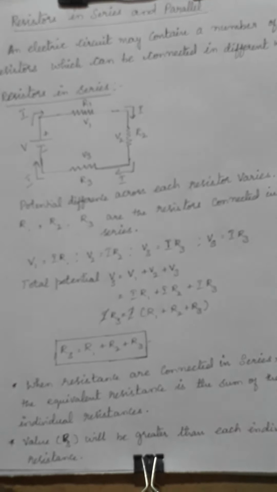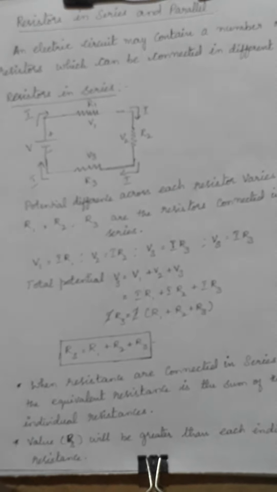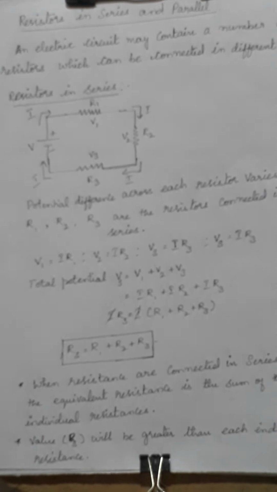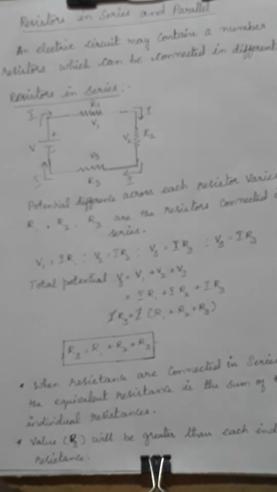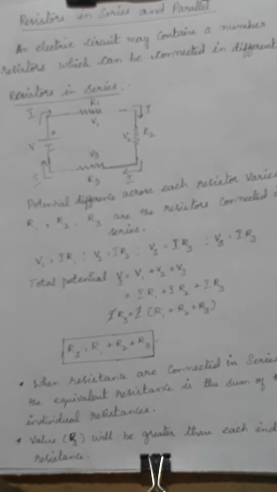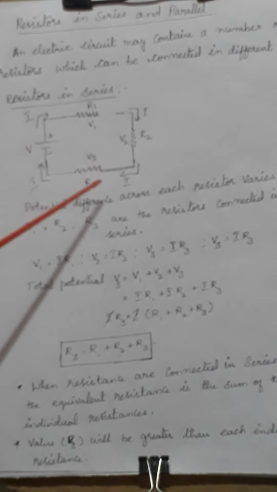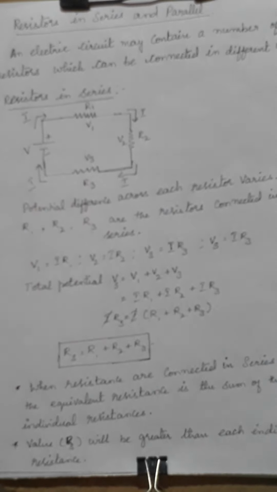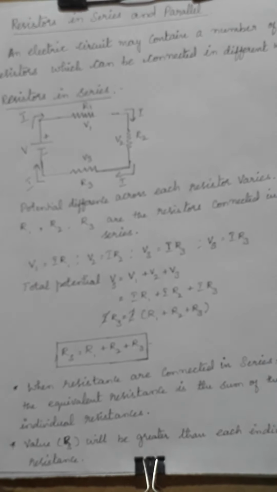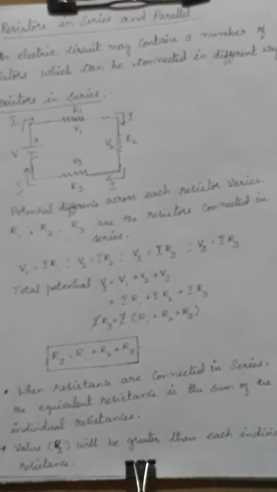Capacitance tells the charge that a material can allow to pass through. But resistance is the amount of opposition offered, which will stop the flow of electrons. So here I am going to consider R1, R2 and R3 as the three resistors connected in series, and let V be the potential applied, and the current I is the same throughout the circuit, where there is no change in the current.